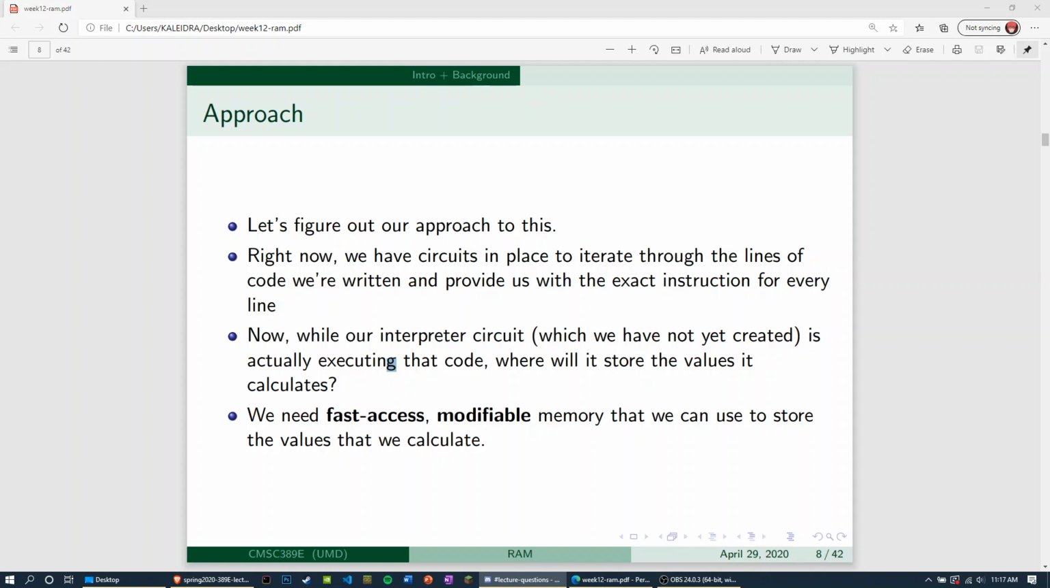Specifically, if our program has to keep track of a register, like registers 2, 3, 4, etc., those are going to be represented by random access memory. The reason being, we can edit those whenever we please, and we can pull the values of those fairly quickly,